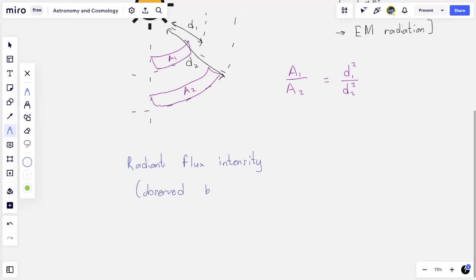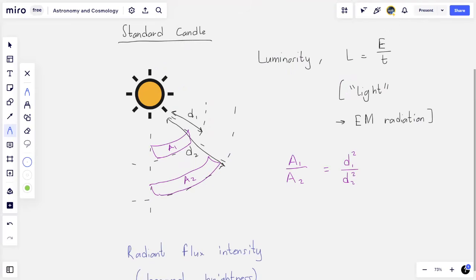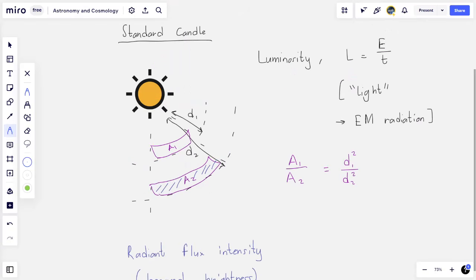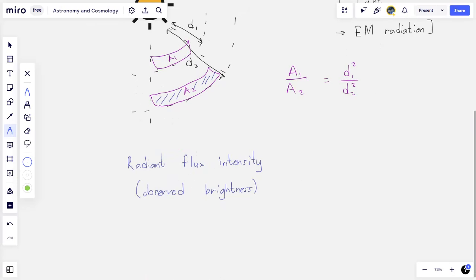The observed brightness, because someone standing on a patch of grass on their planet at A2 is going to notice much more of a dimmer image from the star than someone standing on a patch at A1. It can be two different planets, as an example. So we define the radiant flux intensity, which is the apparent brightness, as the luminosity L divided by the area